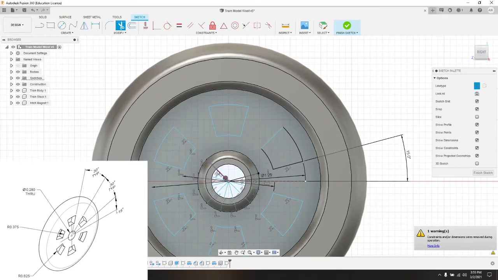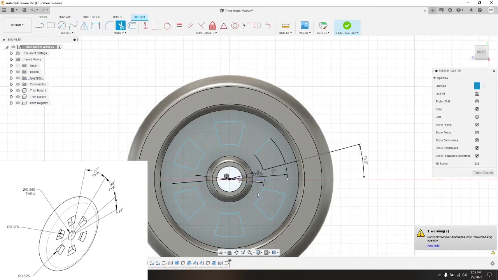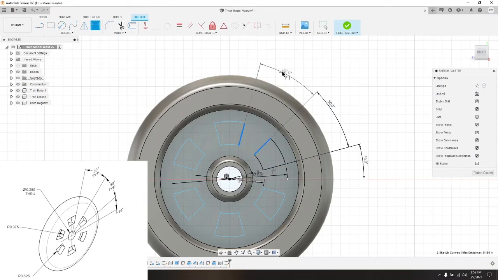Trim, trim, trim, and ta-da. So I did lose some of my dimensions there. This should be fine. I am going to go through and just double check these, make sure that that's at a 30-degree angle. I'm going to go through and just put in proper dimensions just to keep everything kind of